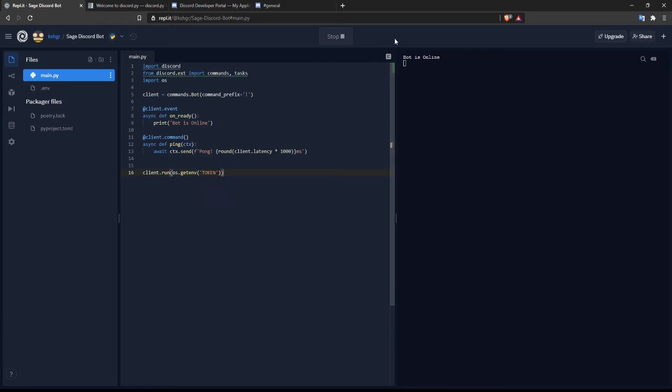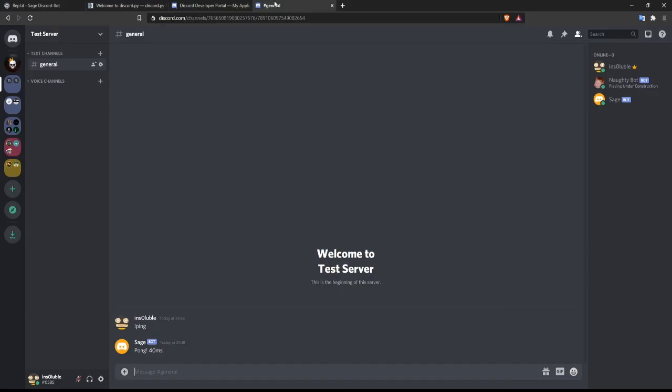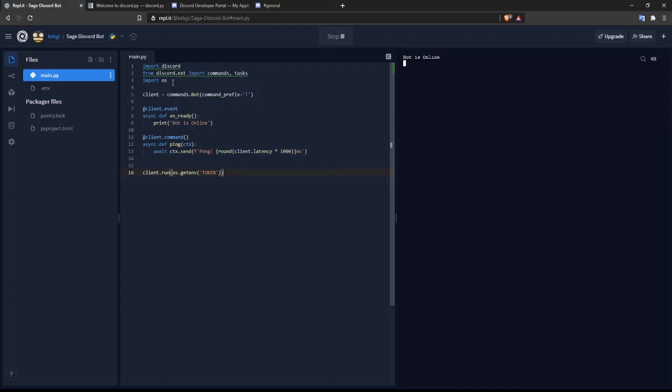When we save this, stop the bot and rerun it, as we can see back in Discord, the bot is still online and I can still write ping, and it still works.